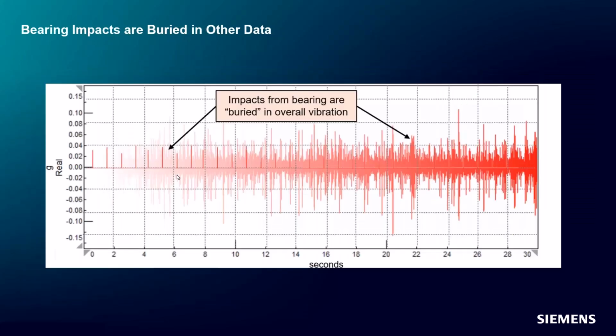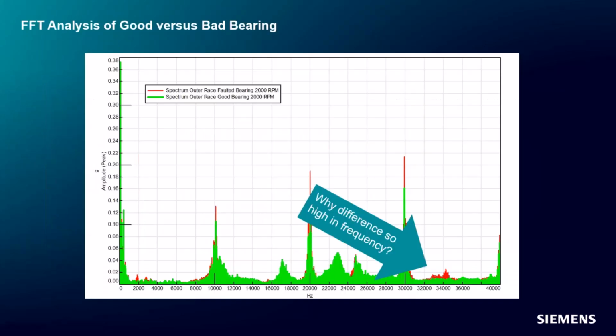And again, just a visual here. This isn't real per se. We have all this vibration going on in the rotating equipment, lots of gears and other types of vibration. But inside the data, buried within, if you will, are these small impacts that are occurring. And with that accelerometer resonance, and with the fact that these impacts are very broad in frequency, the early failure creating these small impacts shows up at this very high frequency.